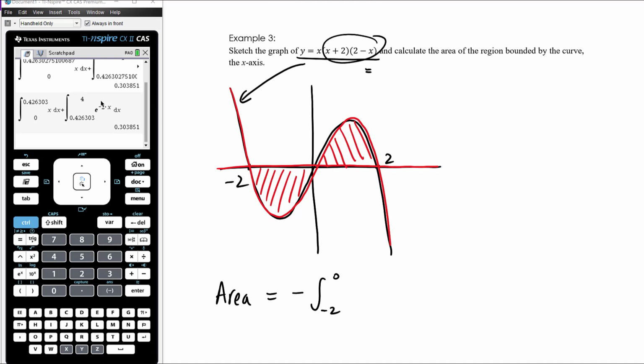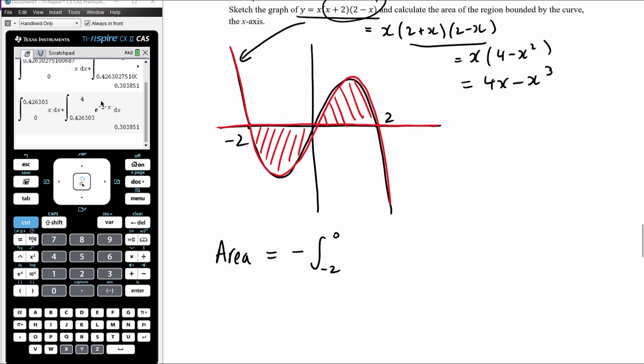Let's think a bit about this. This is actually 2 plus x times 2 minus x, so that's a difference of 2 squares. So this is x times 4 minus x squared, so it's 4x minus x cubed. Okay, so integral of 4x minus x cubed, so that's the negative region, the region below the x-axis, and then we would add that together with the integral from 0 to 2 of 4x minus x squared, which is the